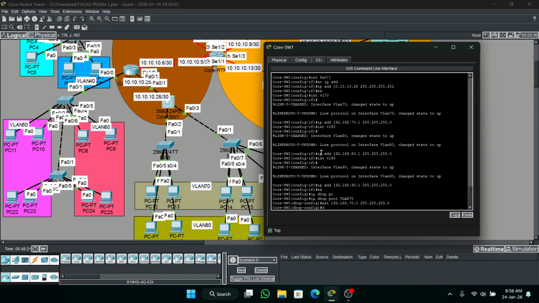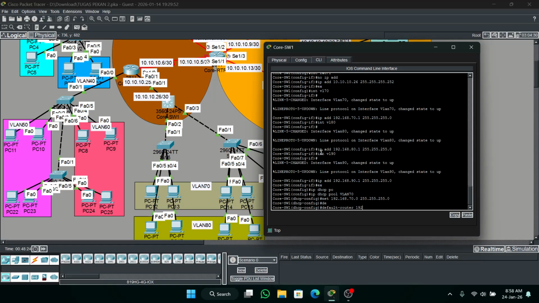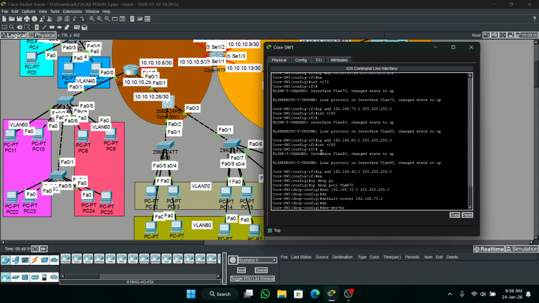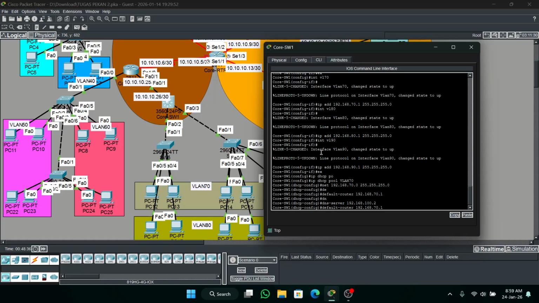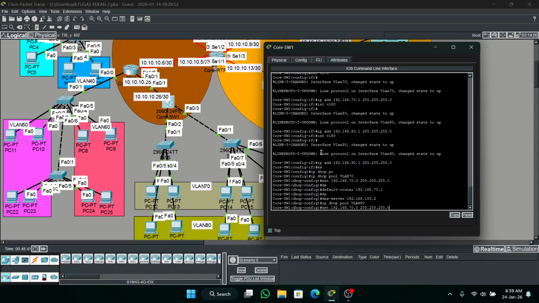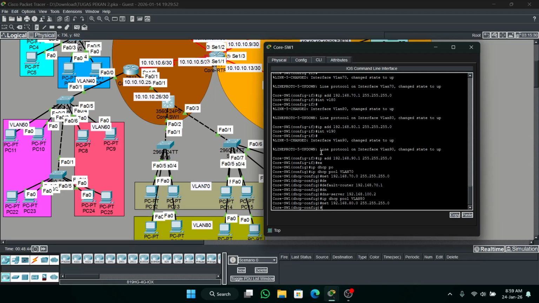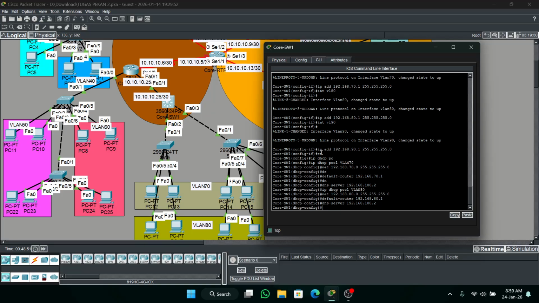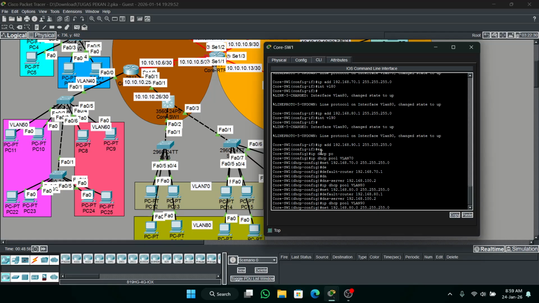Okay, and then default router. Then DNS server 100.2. Okay, make it again for VLAN 80 and 90. Okay, VLAN 90 network.